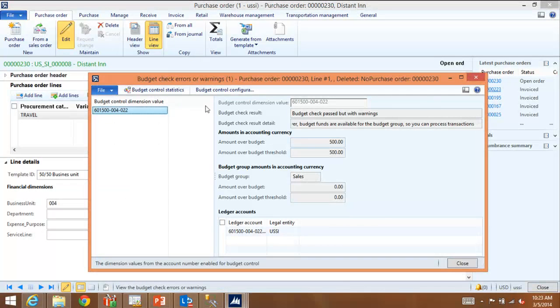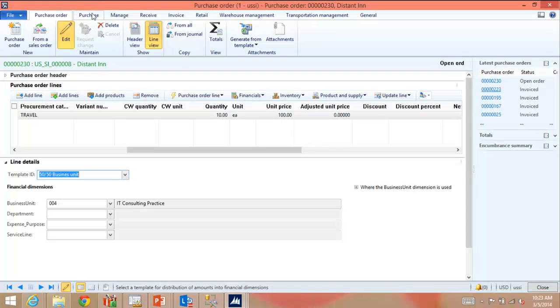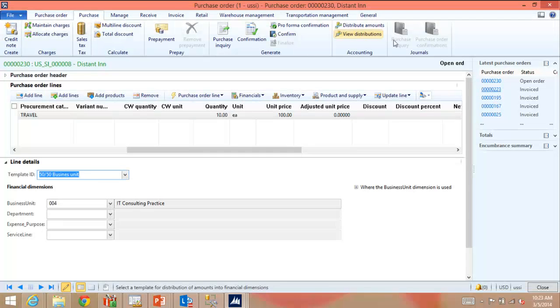And what I'm seeing here is that we're over budget for this combination, but we have budget at that budget group level. So based on my configuration, I can consume budget from the all-up sales department, even if that specific combination has exceeded. So that's just a preference, a control you can specify. I could configure it to stop at this level as well, because that combination does not have budget available. So I'm just going to confirm this, and then we'll take a look at the invoice.